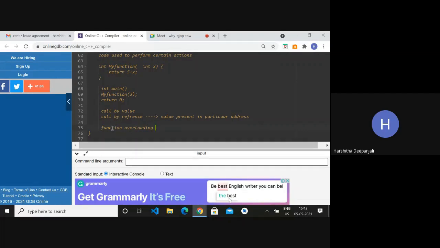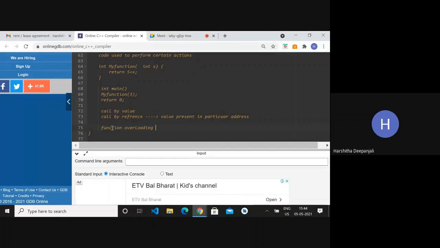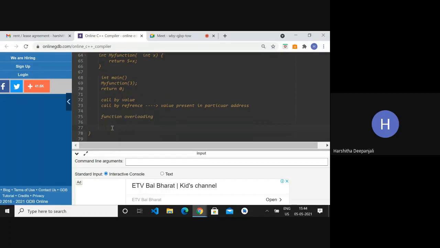So as I told you, overloading means giving more than one function to the same name, or multiple functions can have the same name basically. So there will be multiple functions which will be called by the same name. If I have to give an example for this, then I'll be having